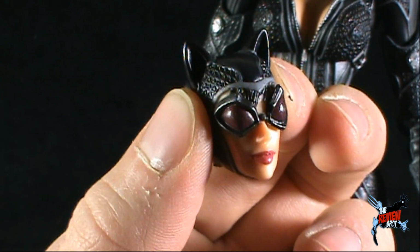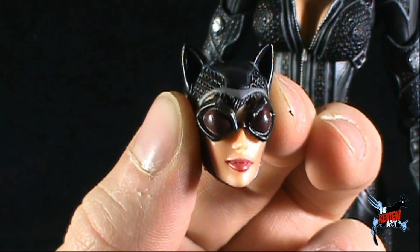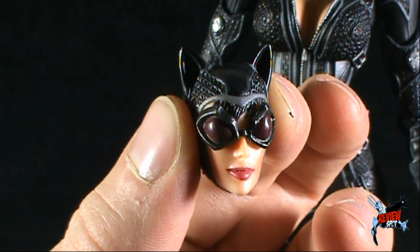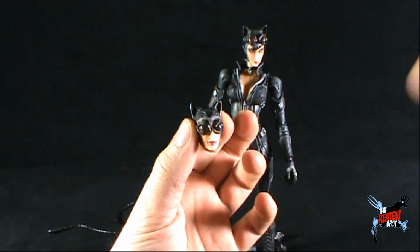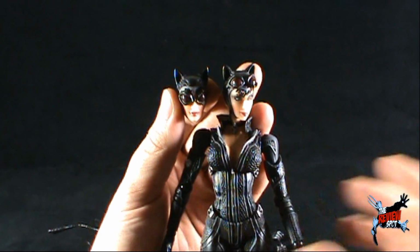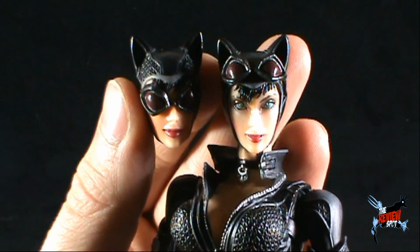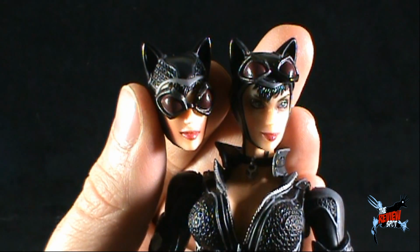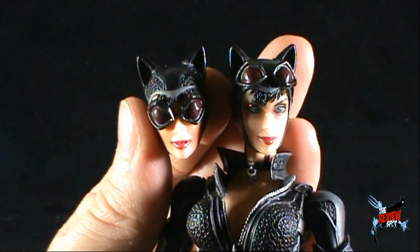Now, as a preference, I'm still a little uncertain as to which one I would go with. I mean, with the goggles down, she looks nice. With the goggles up, she looks nice. So really, the question for the collector is which one would you actually have her displayed with? There's a close-up look. You can see the mouth and everything else has not varied at all. Nose is the same. It's just, again, a matter of preference to you, the collector,